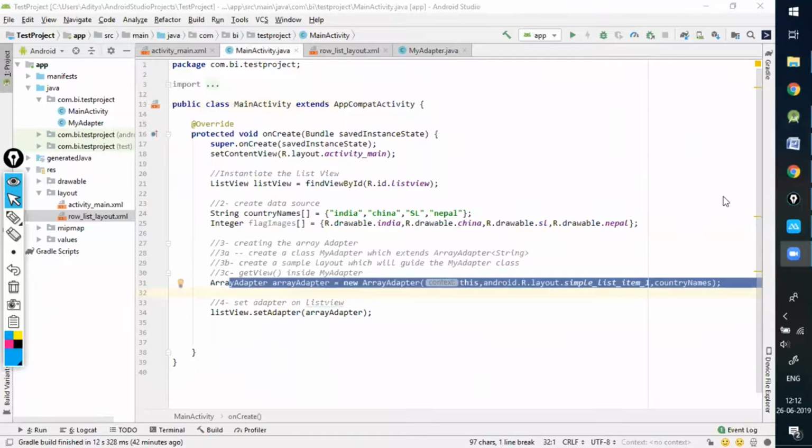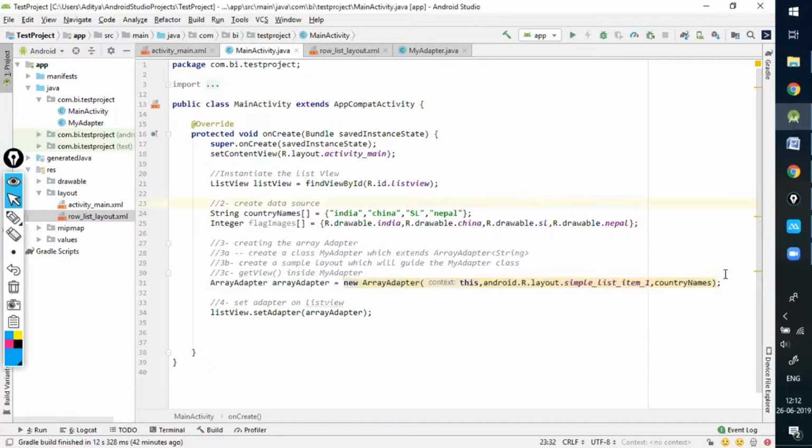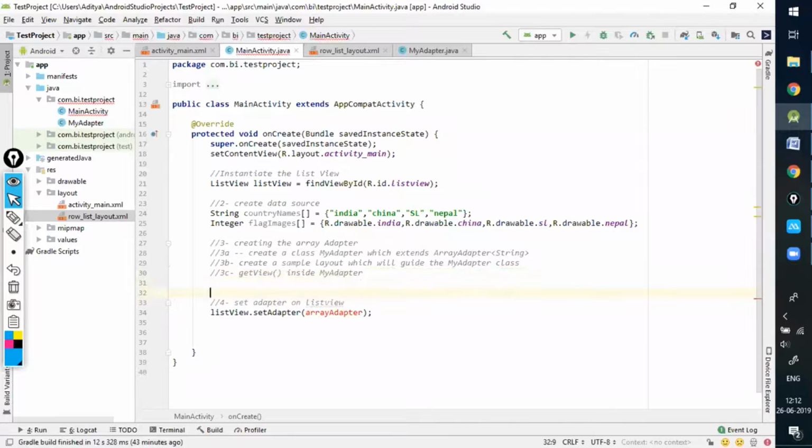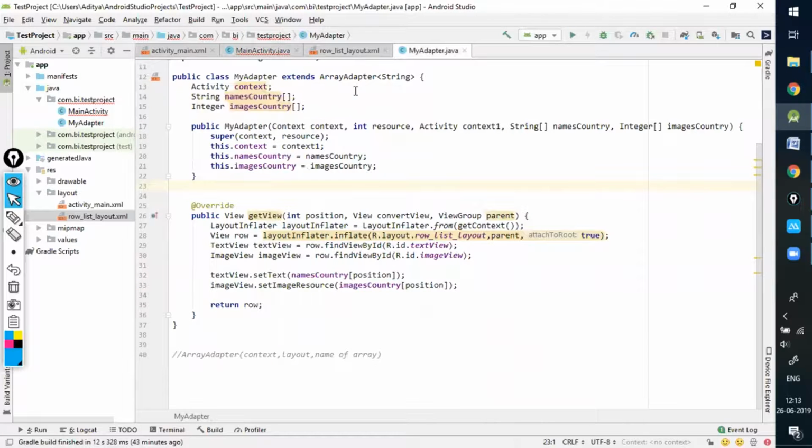My adapter is ready, but now I have to call the adapter. The third step says adapter. In the third step, I'll create an object of my adapter class, because the adapter which I shall be using is named my adapter. It's not array adapter anymore.